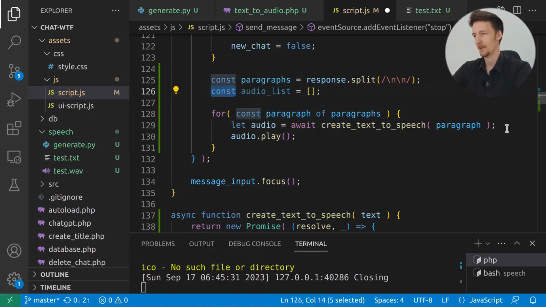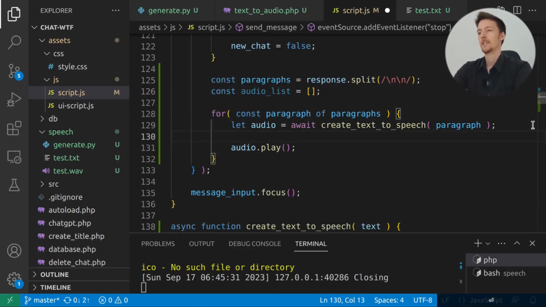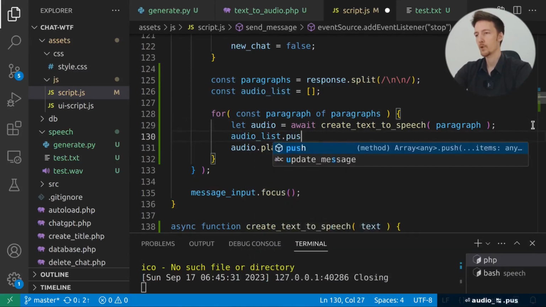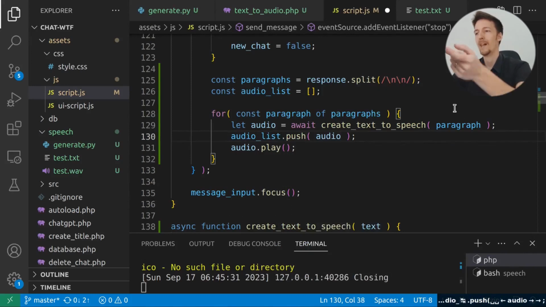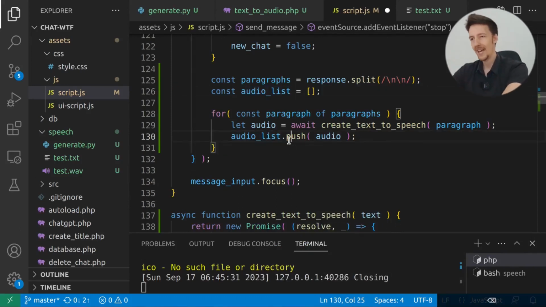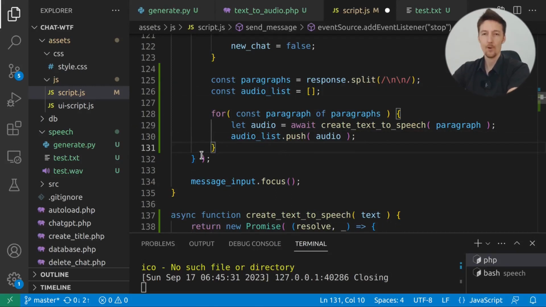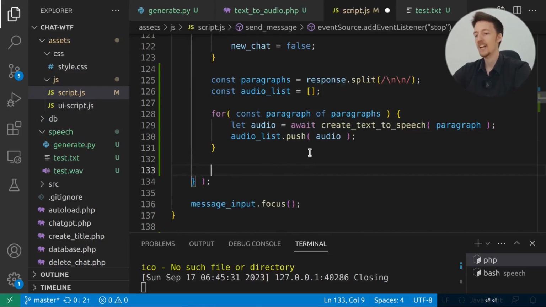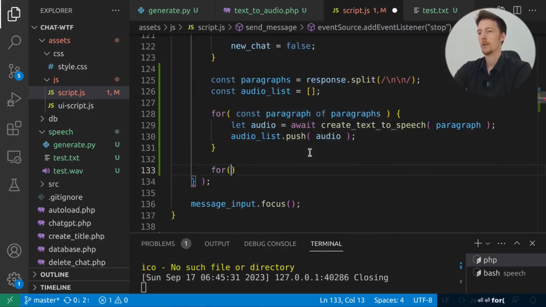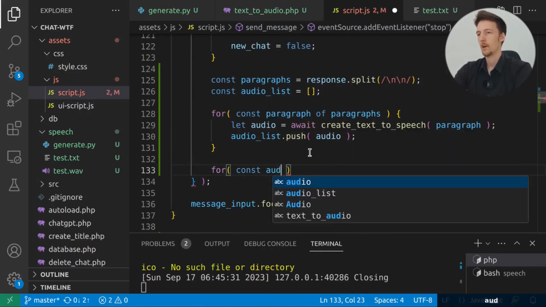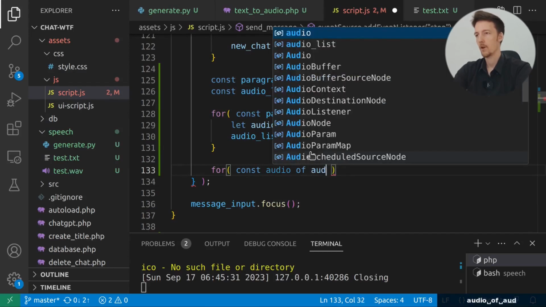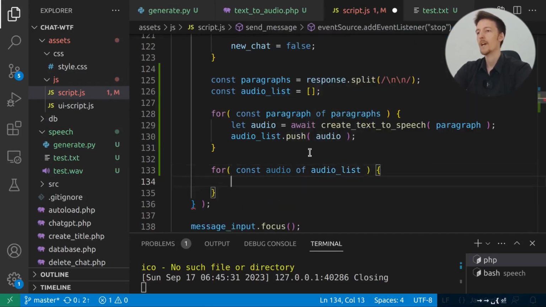Let's see if it can be a const. So we are going to then say audioList.push(audio). We will add it to the list. And then when we have added all the audios to the list, then we are going to do for (const audio of audioList), we are going to then await play